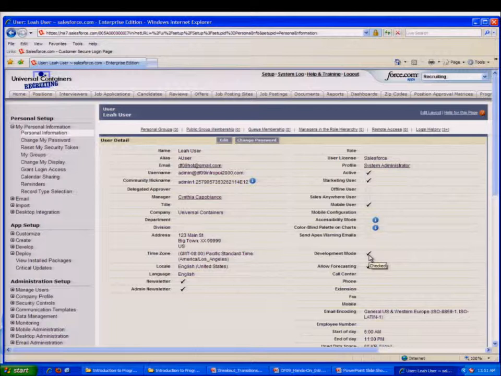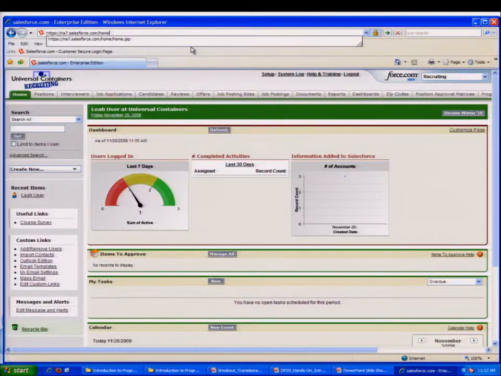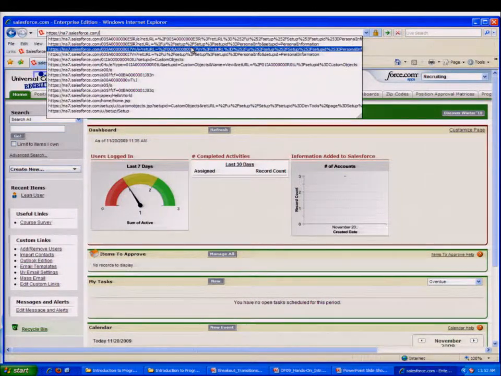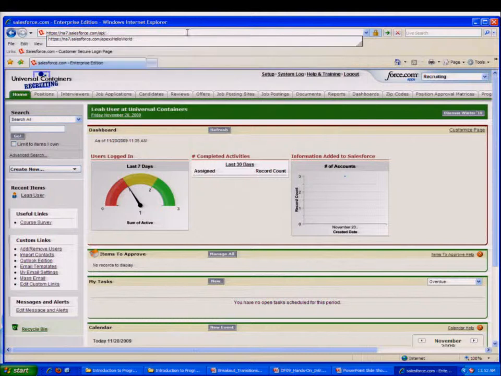Okay, so go ahead and click on the Home tab. I want you to click on the Home tab. I do this for a couple of reasons. One, just to be out of where we were, and also to shorten the URL. So now, in the URL, take your mouse, and at the end of where it says salesforce.com/, after that slash erase everything, and I want you to type, and I'm on step number 2, page 1, Apex